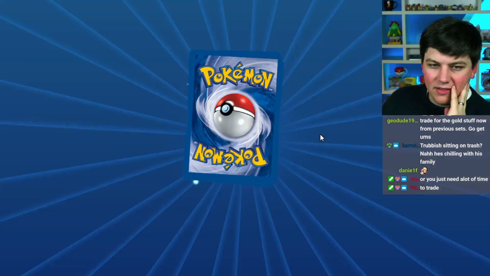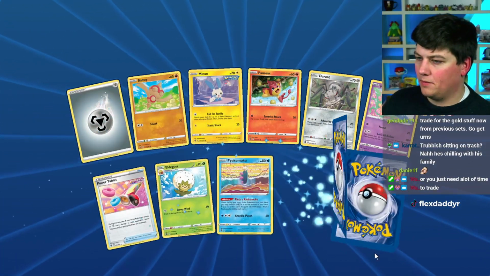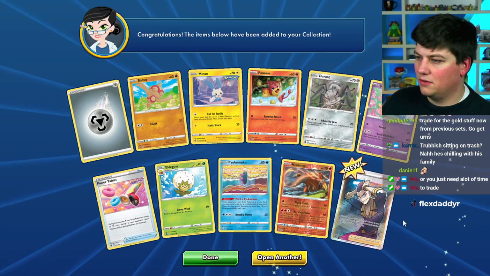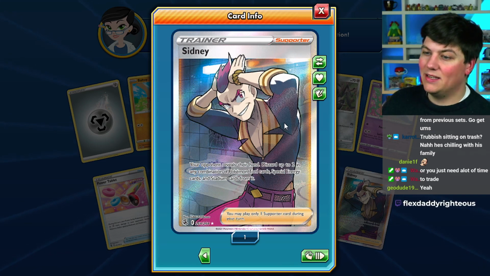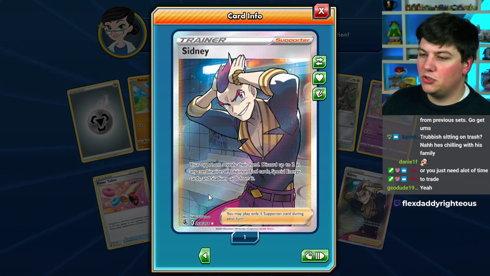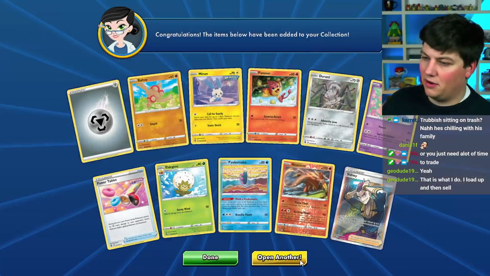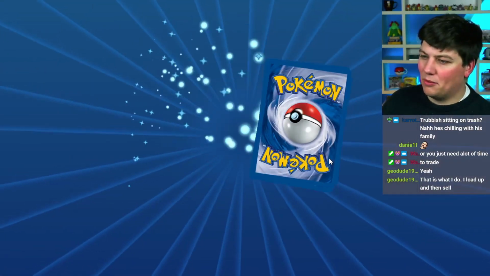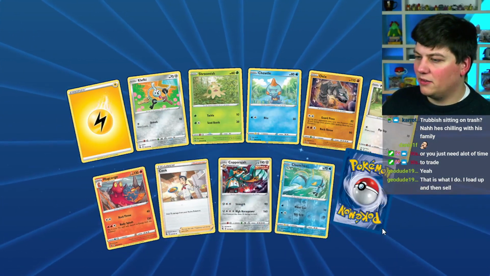Geodude says, trade for the gold stuff now from previous sets. Is that pretty cheap right now? From the older sets? Speaking of cheap right now, we got Sidney. Your opponent reveals their hand, discard up to 2 in any combination of Tool cards, Energy cards, or Stadium cards from it. Yeah, I've been getting more and more interested in blinging out my online stuff, particularly getting the reverse holo cards